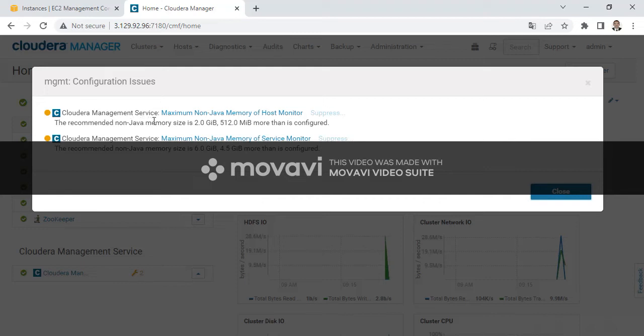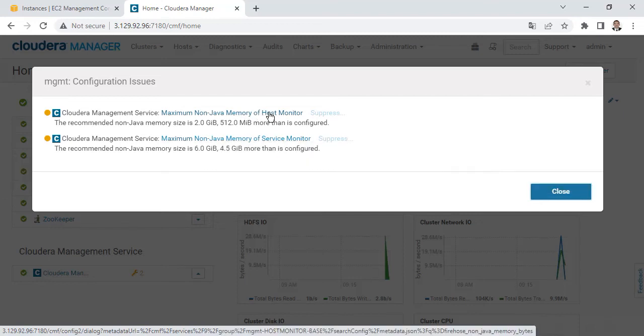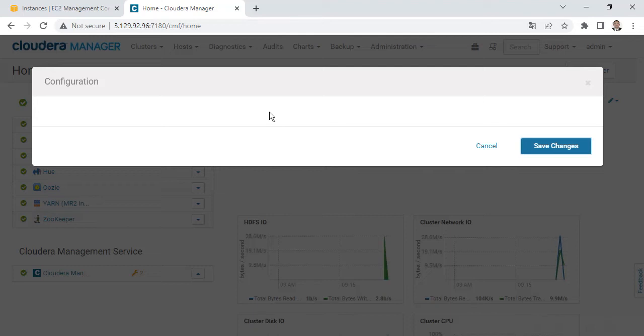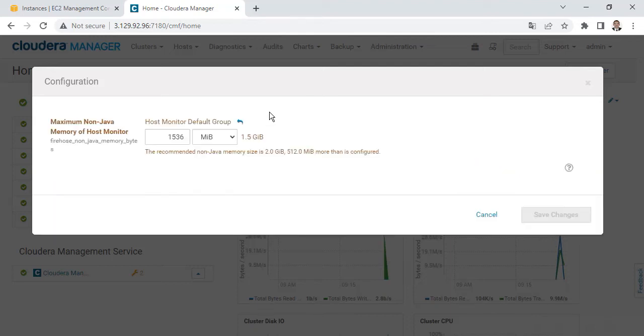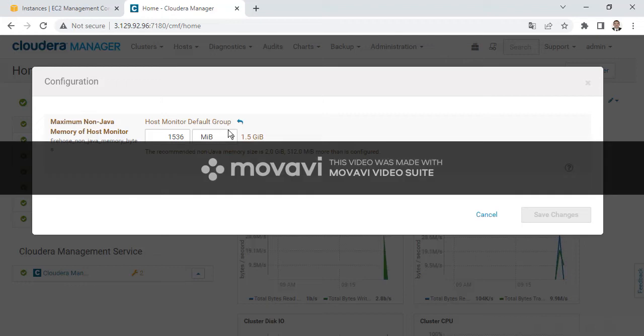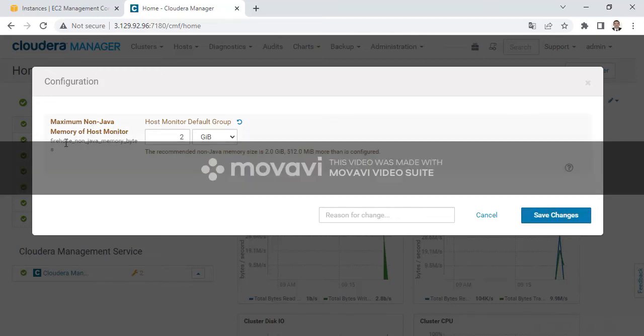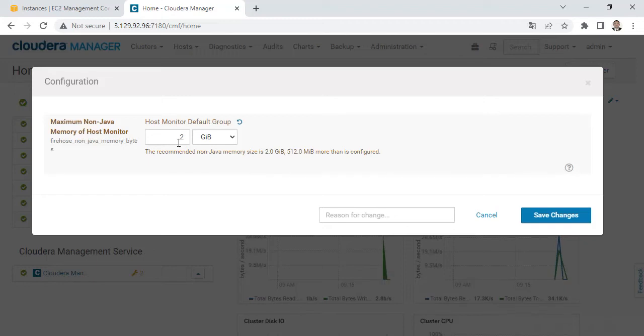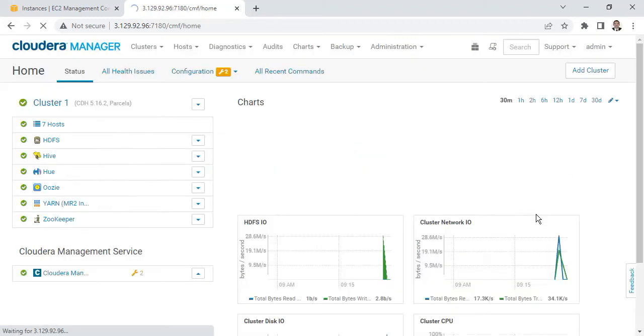Cloudera management service, the maximum non-Java memory of host monitoring, that is recommended. The Java memory recommended is 2 GB, but it is 1536 MB, so we'll make it 2 GB. And save changes, maximum non-Java memory of host monitoring should be 2 GB. Then save it,